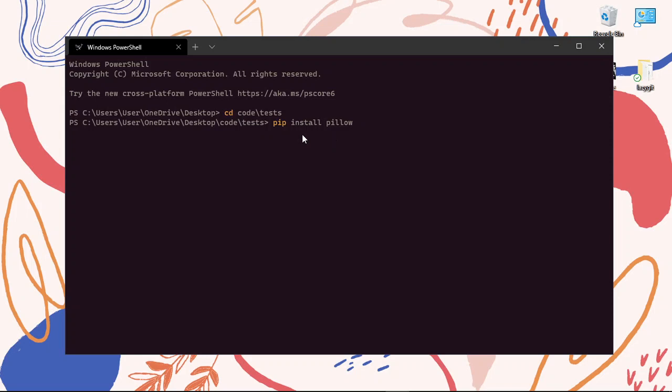For some people who don't know, the name you use when you install it is not always the same as when you import it. So let's say I install Pillow over here. It's gonna say that requirements already satisfied or something like that. But so I install Pillow,